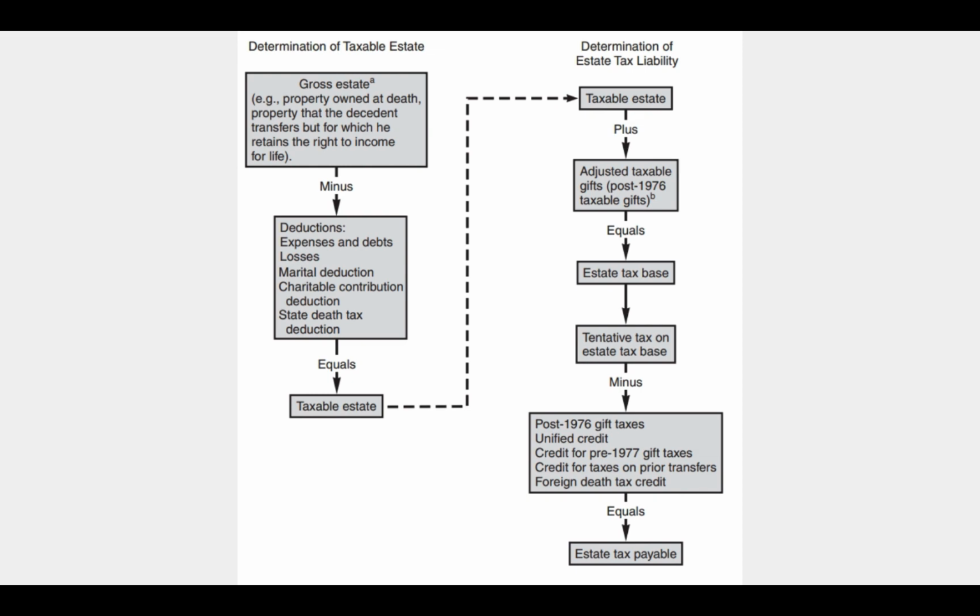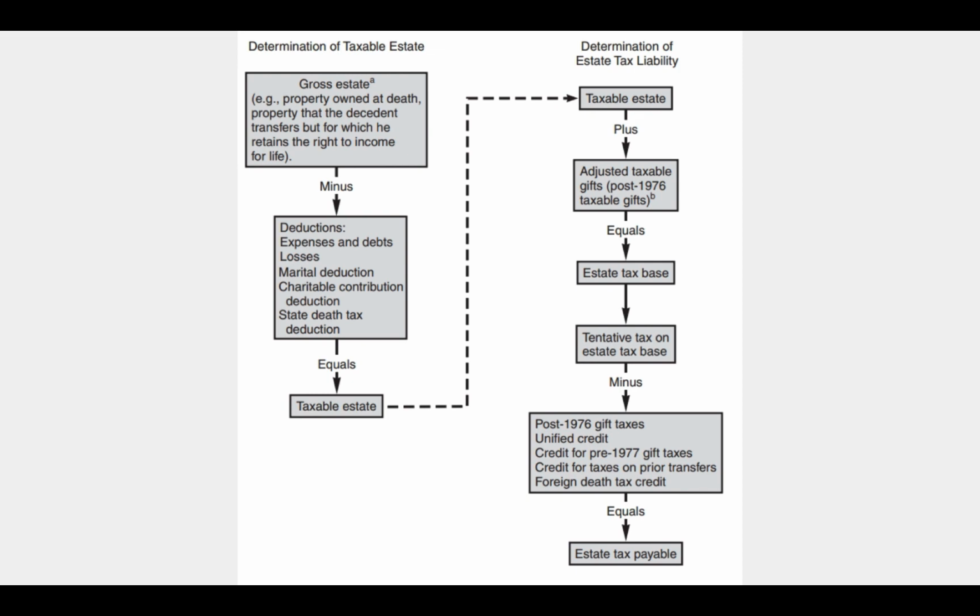So we start with the gross estate, which generally includes all property owned at death, and property that the decedent transfers but for which he or she retains the right to income for life. We subtract deductions, and that's going to equal our taxable estate. To that, we add the adjusted taxable gifts. We covered that in the last chapter, but we actually add those to the taxable estate